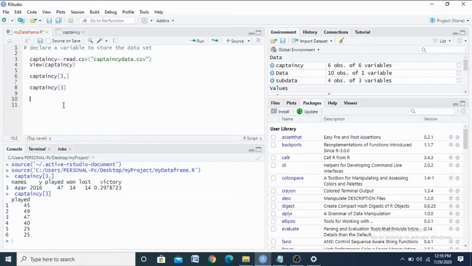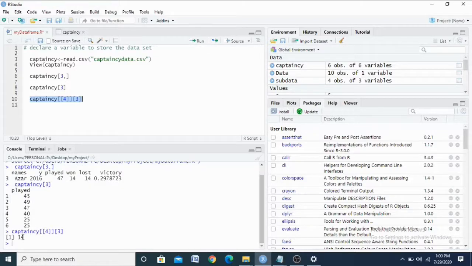We have to specify both row and column value. Captaincy, square bracket. In this, I have to get the fourth row, so immediately I close it. Then I have to open the third column. This is the way I get the particular value from the data frame.